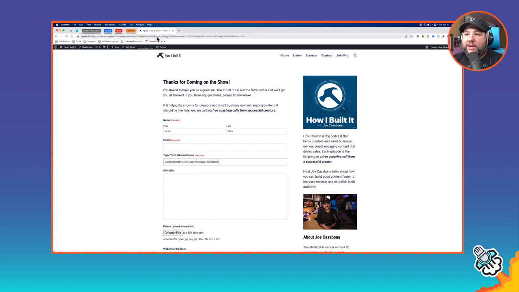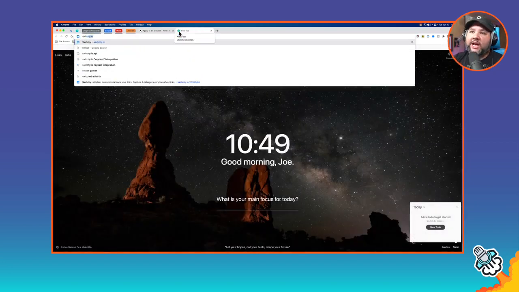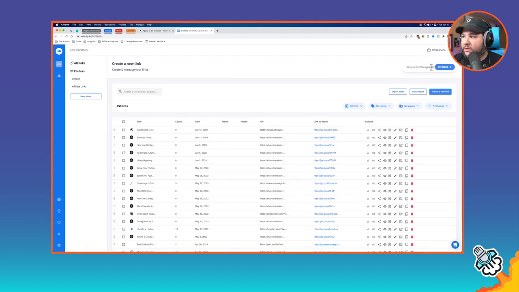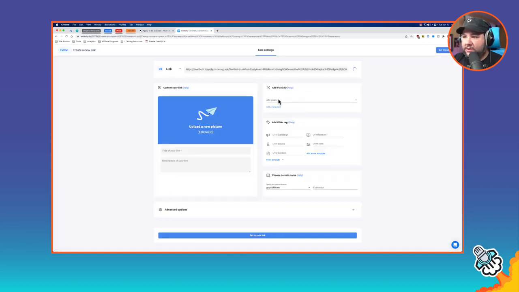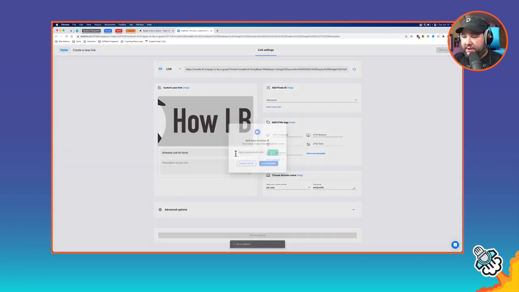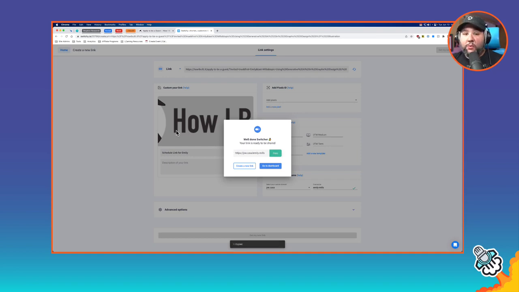So what I like to do here is generate this entire link, this entire form, so they only have to fill out a few things. And then I use a short link. I use Switchy, which is a great tool to make this easier. So I will then use my custom domain, make it her name, and then change this to schedule link for Emily. Get that new link, and now I have a short link to share with her when I invite her